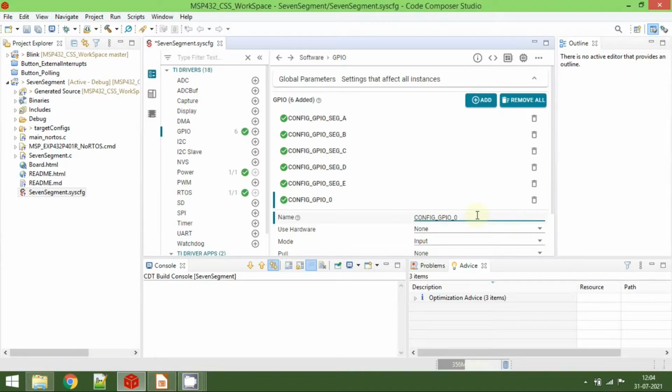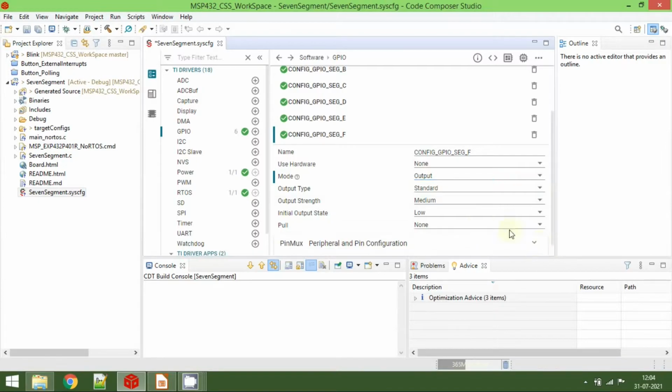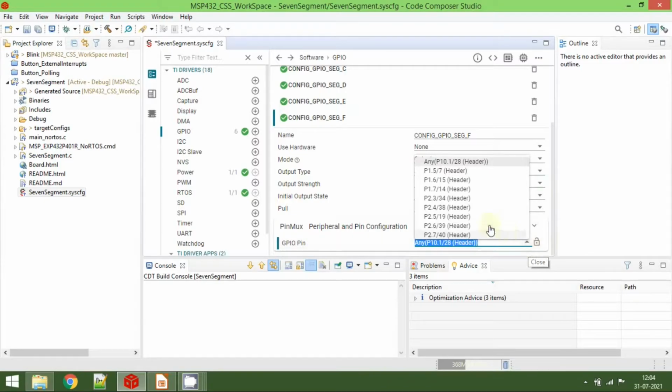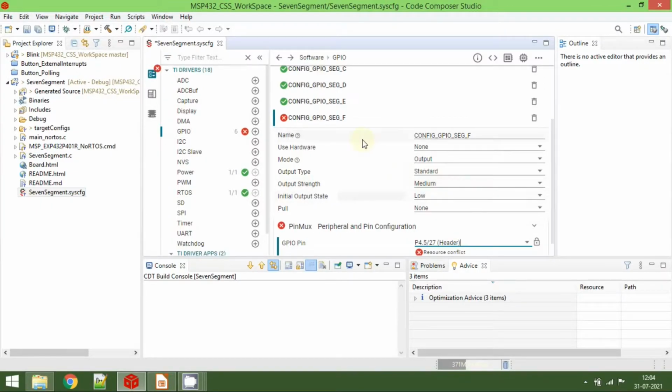One is for segment F, and the mode is an output mode again. In the pinmux configuration, you need to select this as P4.5. I think we made a mistake here.